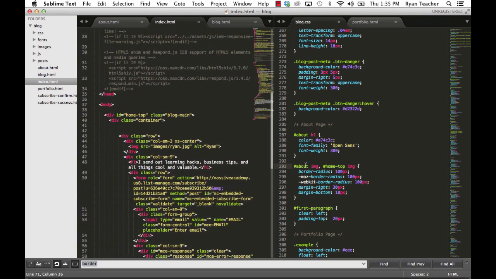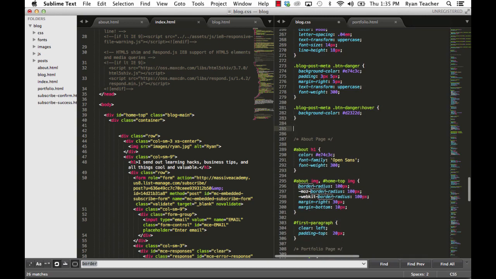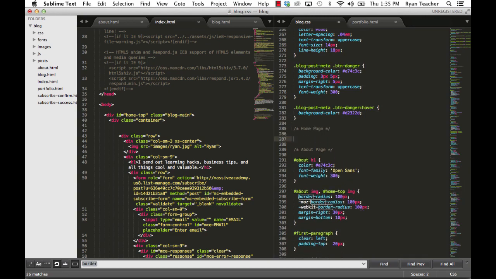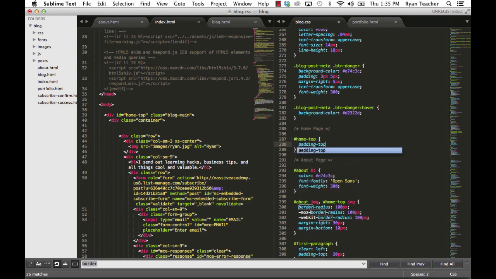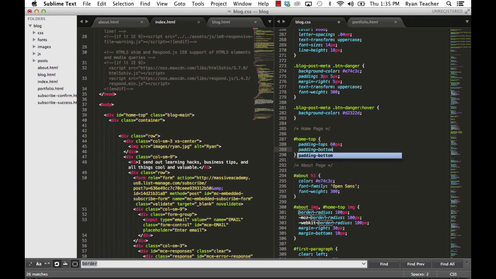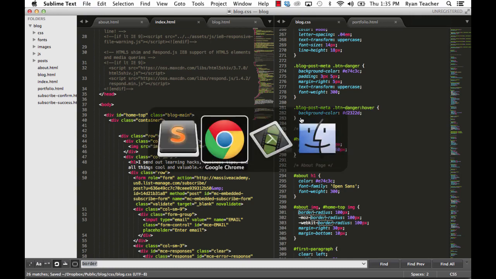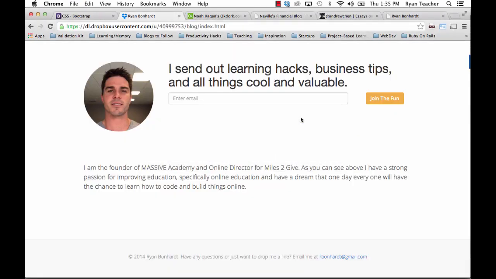That was home top. So let's just do home page, home top, padding top 60 pixels, padding bottom 60 pixels. Now